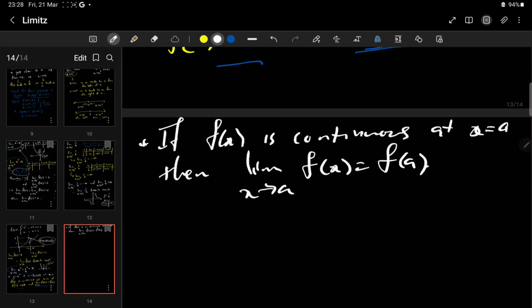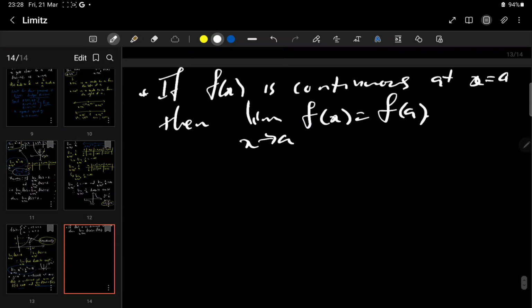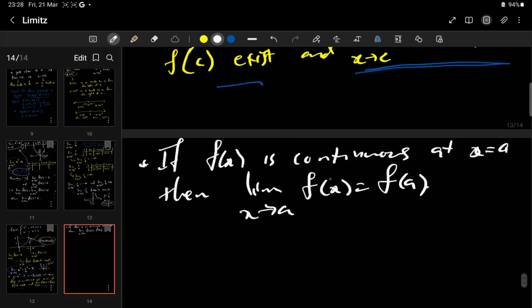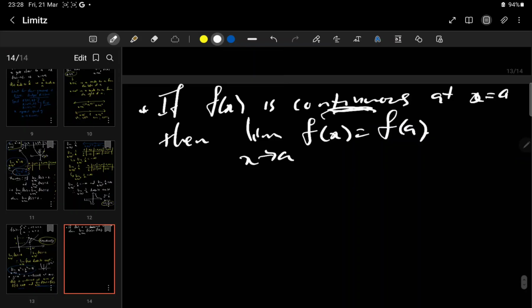So maybe the rule of thumb here is, whatever limit you have, because I think the question is going to be, how do I know if the function is continuous at that point? Maybe let's put it like this: if you have any limit,